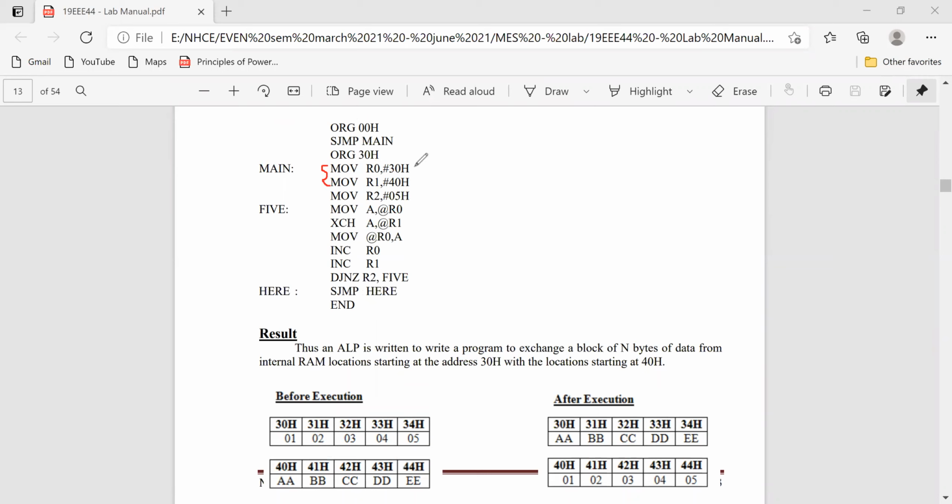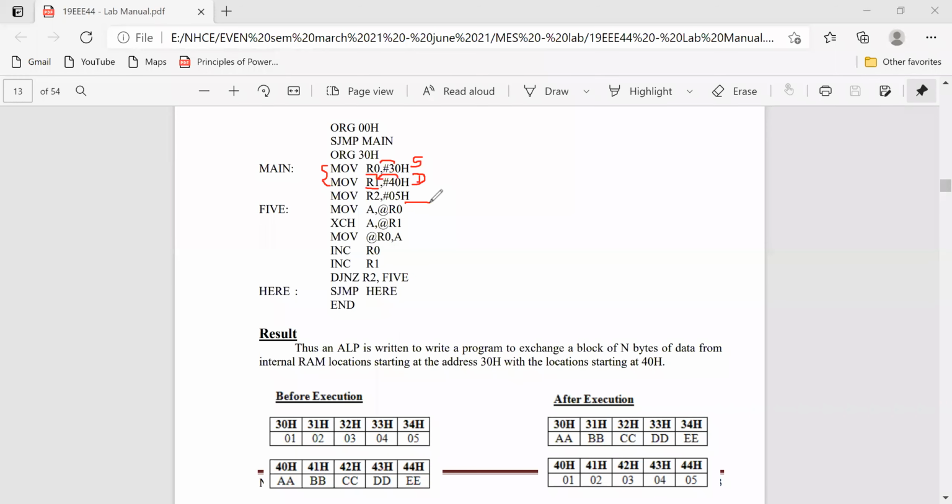The pointer registers, let us take 2 registers and I'm going to put some value here, which is the source address. As per this instruction, the data 40H is moved to R1. So now, once after moving to register, the 40H will be in R1 and 30H will be in R0. But as of now, it is not pointing to a memory address.